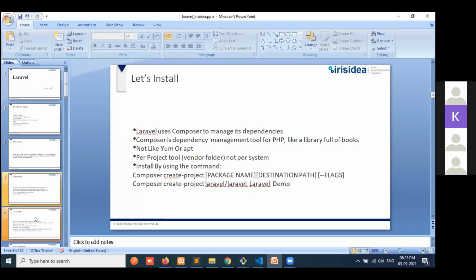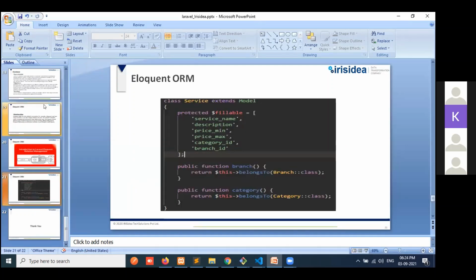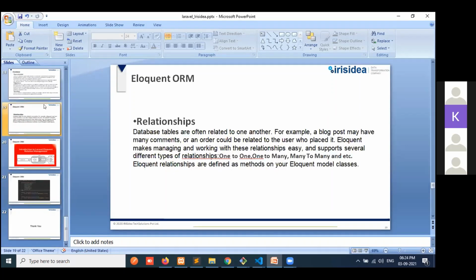If you're moving back to the presentation, I have another question. Can you help me understand, wherever we are using Laravel right now, what is the one application that is mostly built using Laravel?